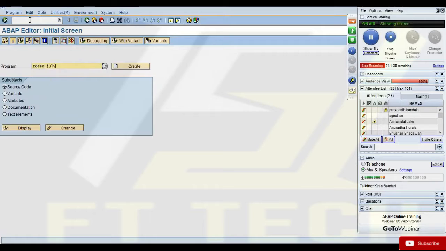So today we'll work on this a bit more. I'll just show you how to add more than one table, and we'll try to understand the problems with writing the code this way using select and endselect and all this stuff. Then I'll explain to you something called internal tables.